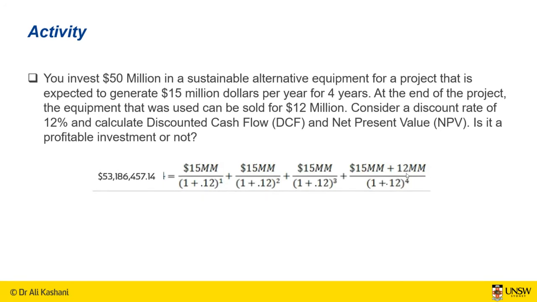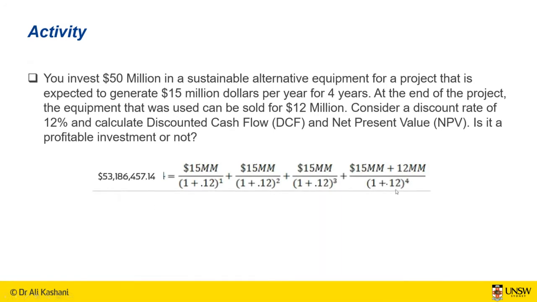So you cannot say, I paid $50 million, I get $12 million back. It's not the same because you're paying the $50 million now and you get $12 million 4 years from now. So the $12 million needs to be discounted, as you can see in this equation. If you do all the calculation, you realize that your discounted cash flow is going to be something around